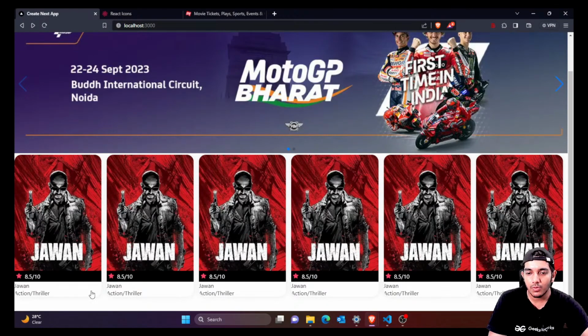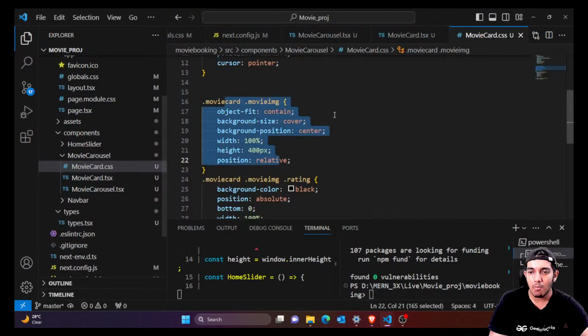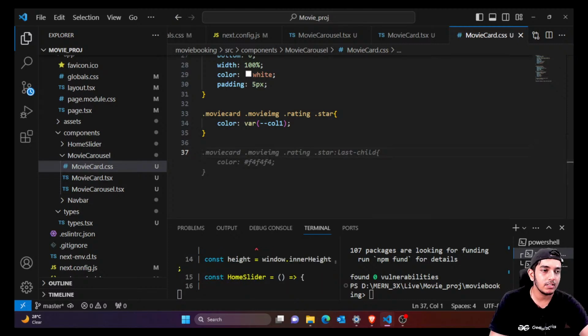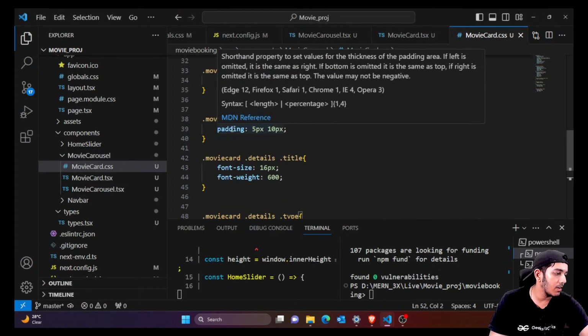Now after that, what else we need is to design these bottom P tags. For that, I can simply say my details, inside the details we have the title and type tag. You can see for the details I've just given it some